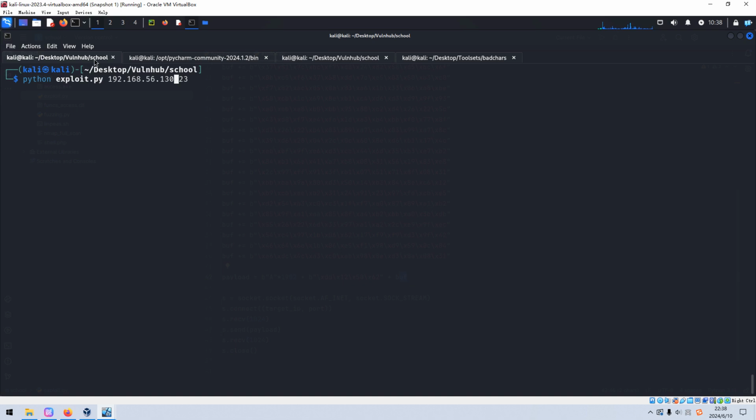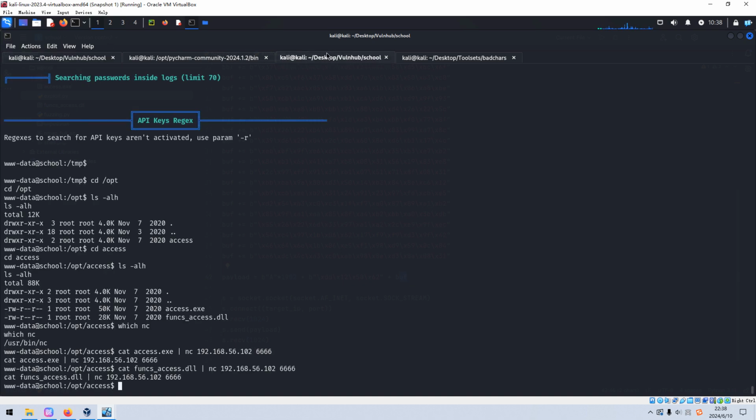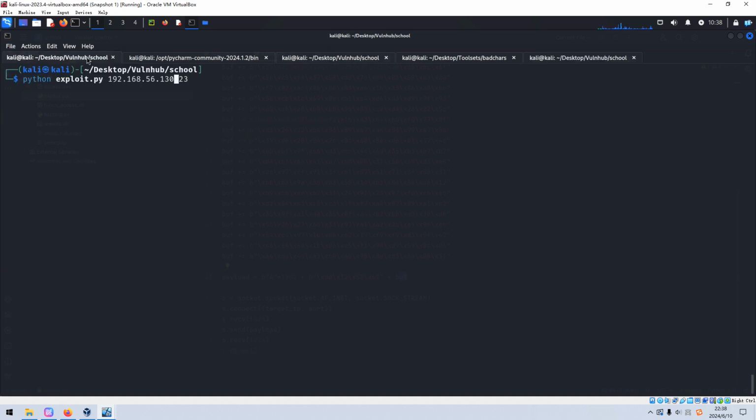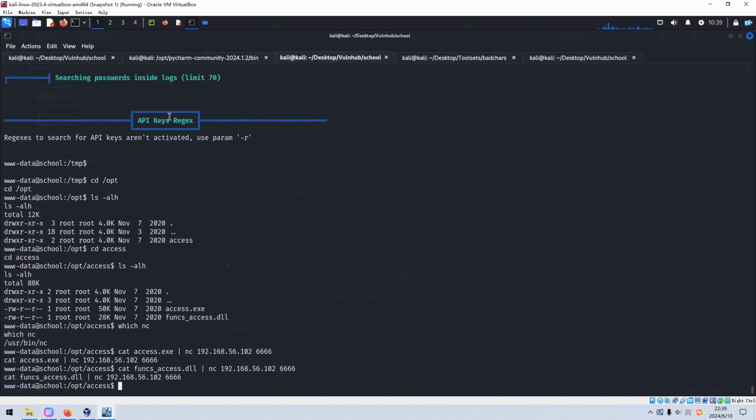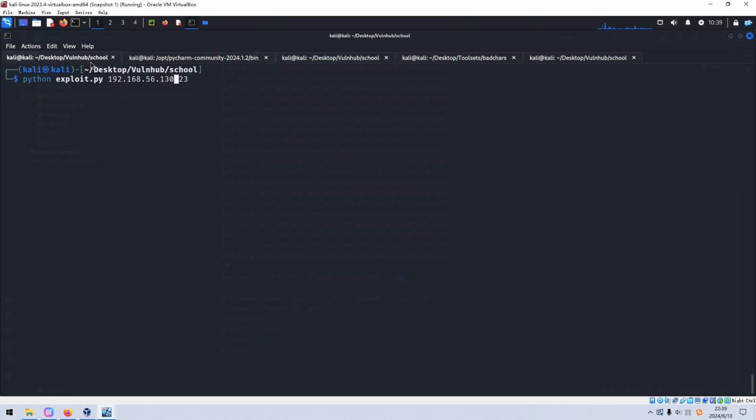Of course, we need to set up the listener first. Sorry, wait a moment. Maybe we need to use a different port number. This is not the correct port number.